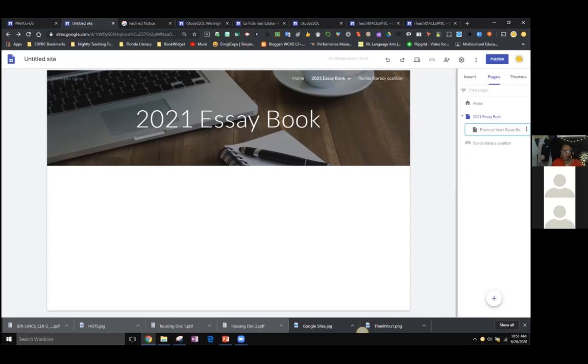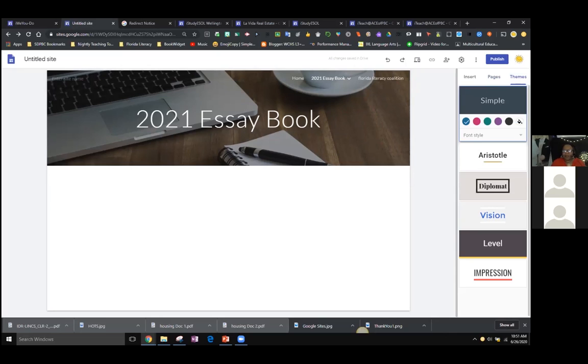All right. So pages, that's basically all there is to pages. This is where you're going to do all of your content creation. This is where you're going to decide what your audience is going to see, what is important, what you need to hide, what you need to duplicate happens here on pages. And then there's themes. Now, maybe you want to start with themes. It really doesn't matter. You can do either way.